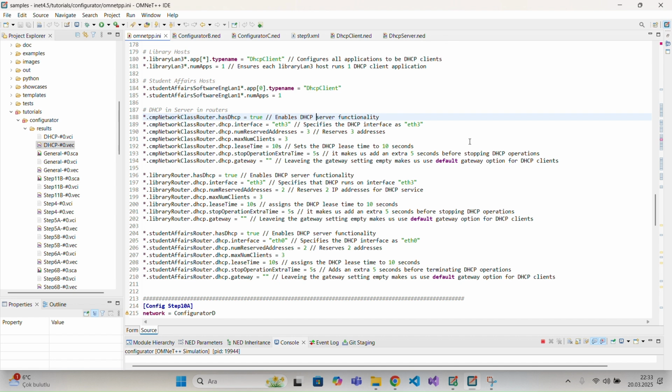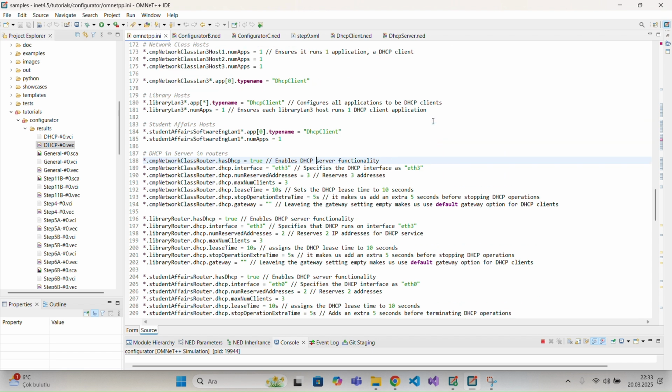Once the client receives and examines the DHCP offer packet, the client then notifies the server that it is accepting the provided IP address by sending a DHCP request packet. Afterwards, the DHCP server confirms the IP address assigned by sending a DHCP acknowledgement packet. This is how the DHCP procedure